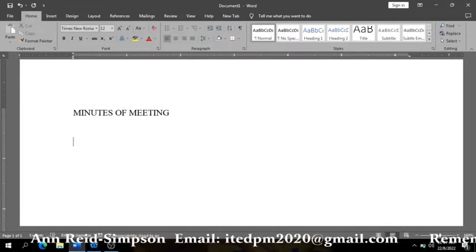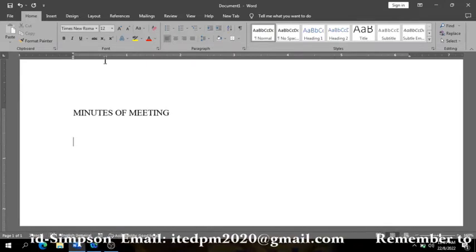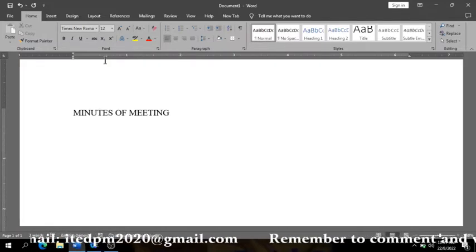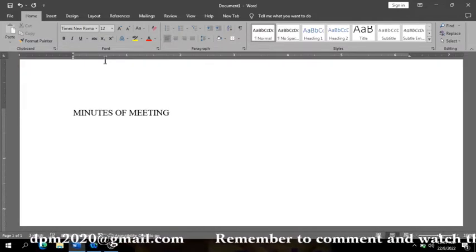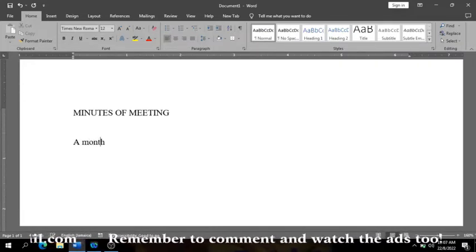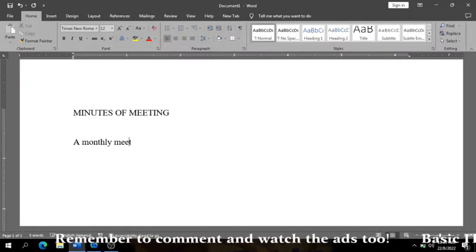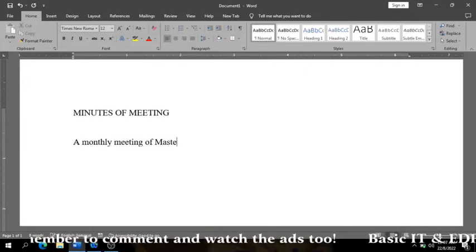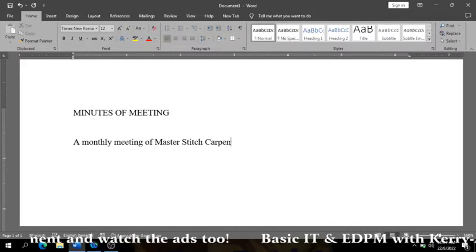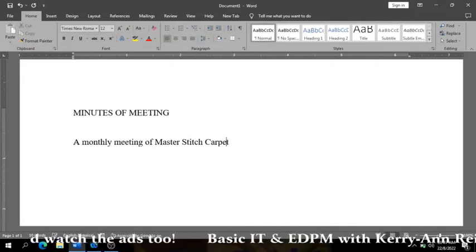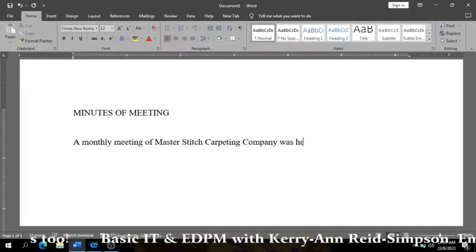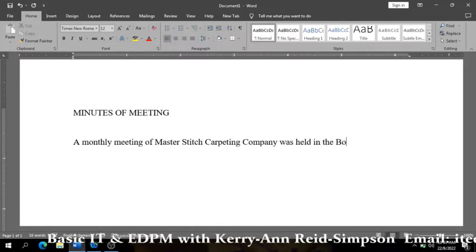Then you're going to type the paragraph that is usually there before everything else, which is basically telling you that it is a monthly meeting or whatever the case may be, to be held wherever, at what time, and the date. So I'm going to type that it's a monthly meeting of Master Stitch. I got the content from online, so it may look familiar to you. Carpeting Company was held in the boardroom